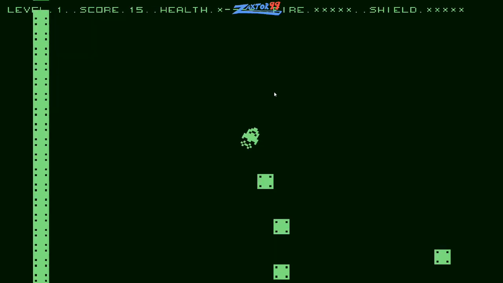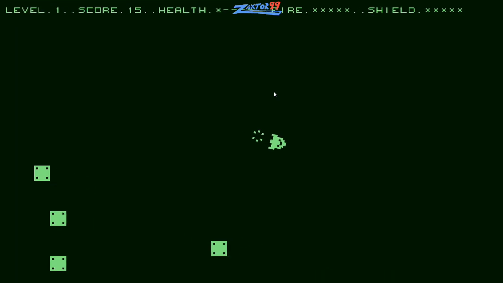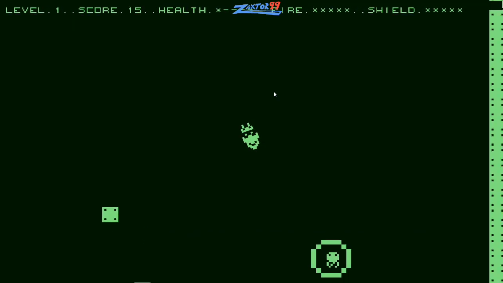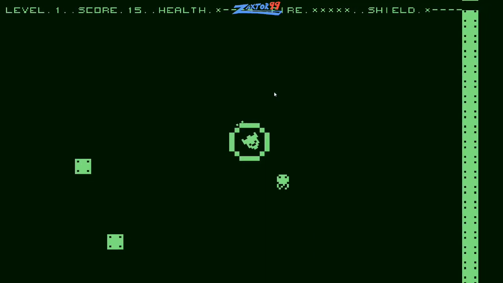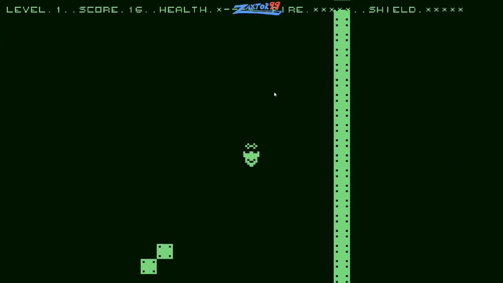I think it's a pretty fun little game, especially if the developer goes in and adds WASD support, controller support, and makes the collision detection a little bit better. I think this could be a fun little game. So I'm going to go ahead and give this game a 32 out of 40.